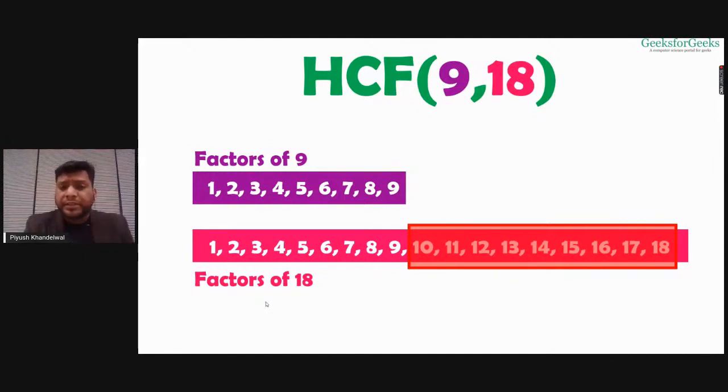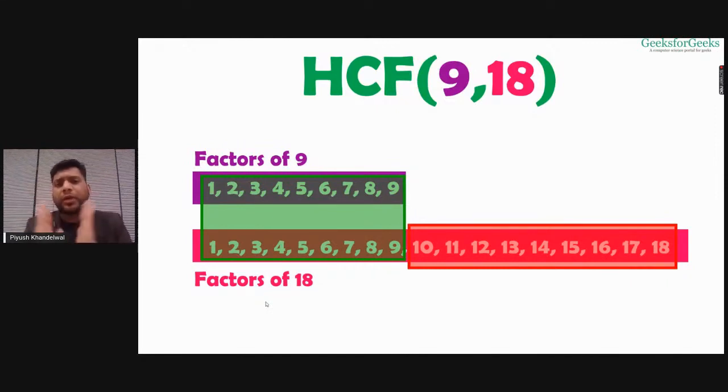So which is the most possible area where I can get the factors of both the numbers? This one, from 1 to 9 only. So the HCF of 9 and 18 will exist from 1 to 9. Any number that will divide both will exist from 1 to 9 only.